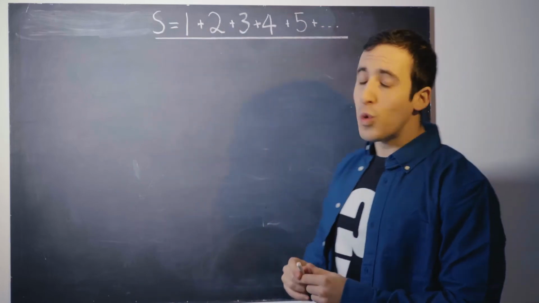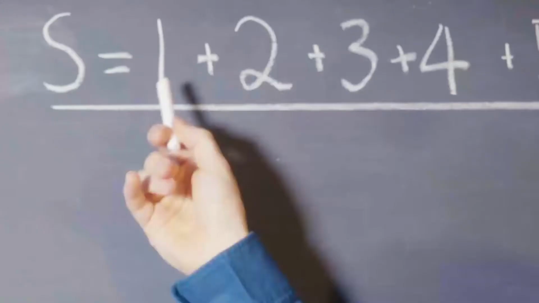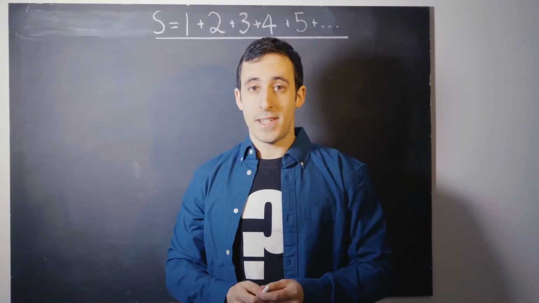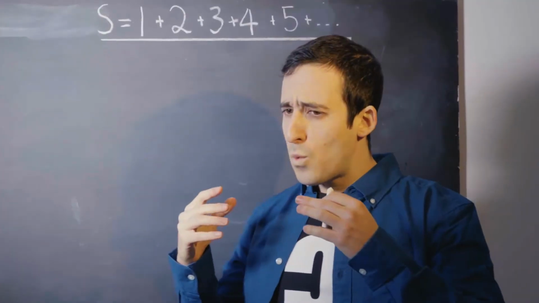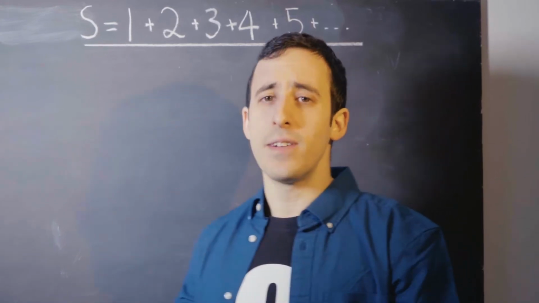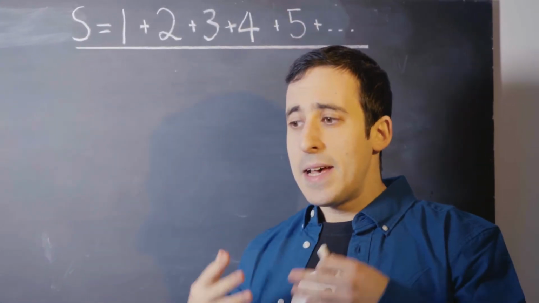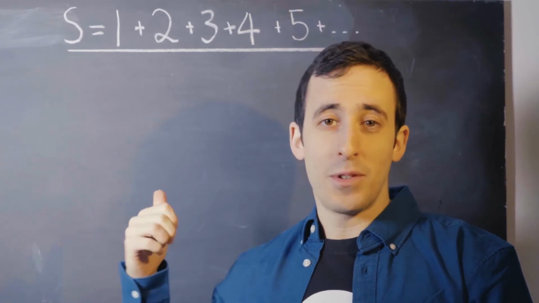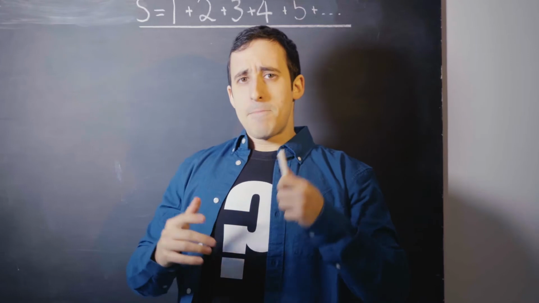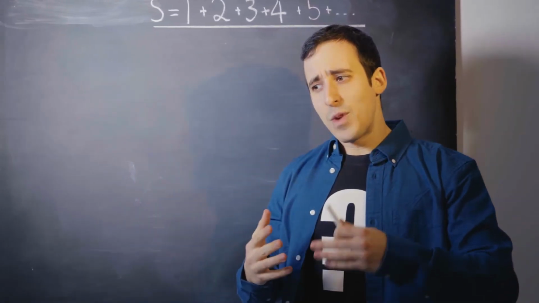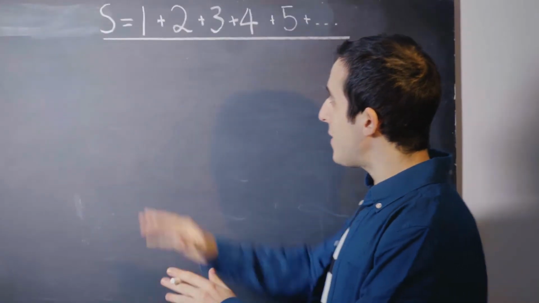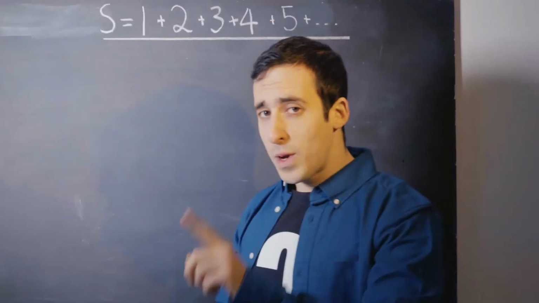It's the sum of all the positive integers. So it's 1 plus 2 plus 3 plus 4 plus 5 plus so on, all the way to infinity. Now, when we first look at a sum like this, it almost seems trivial to say that, well, obviously, the answer to what that sum equals is infinity, right? But let's have a think and see if we can approach this sum in perhaps a different way. So, this is where we're trying to get to, but before we can approach this sum, we need to